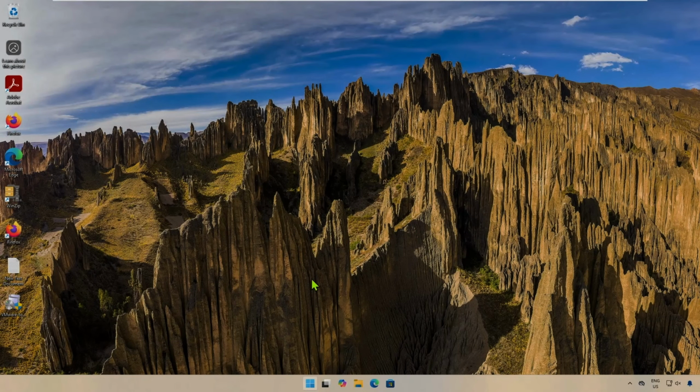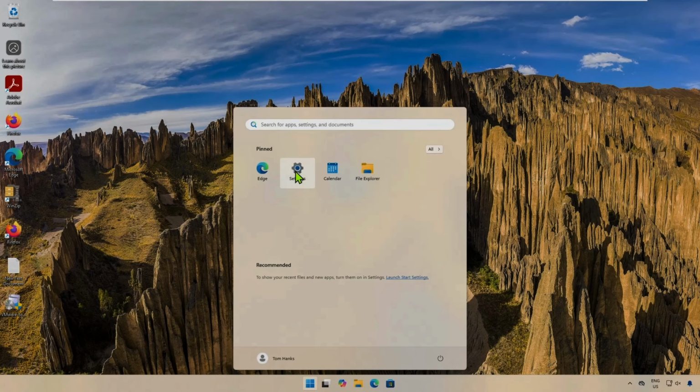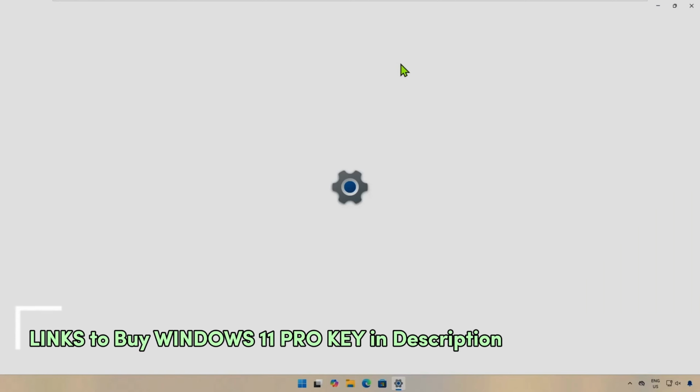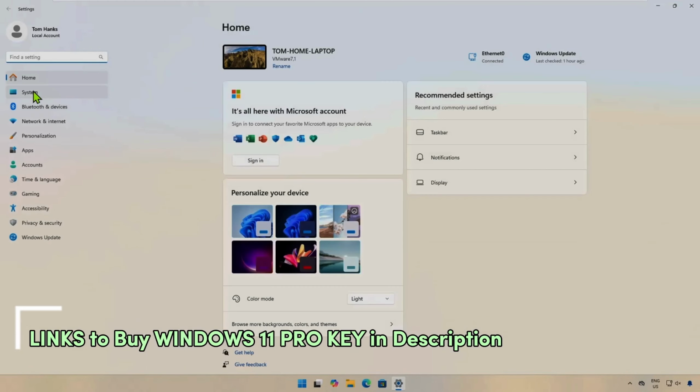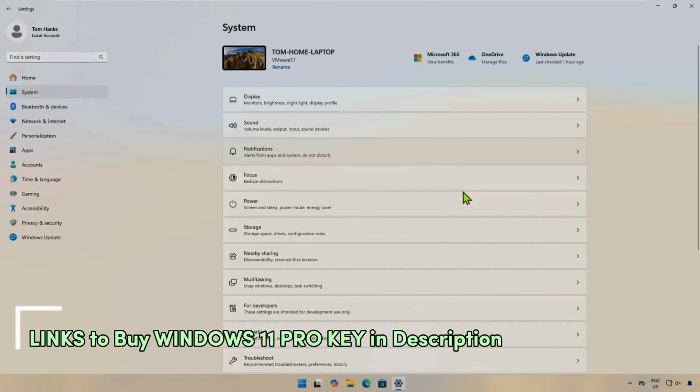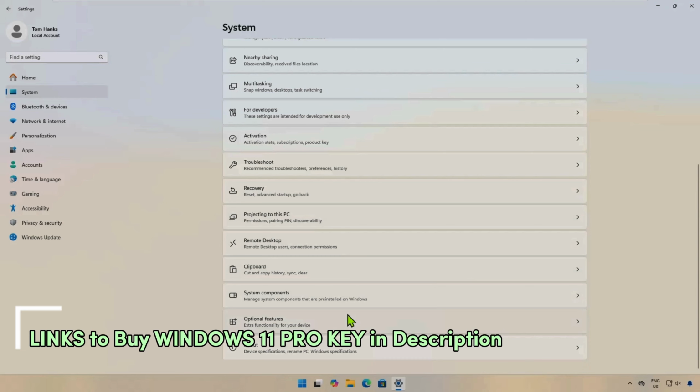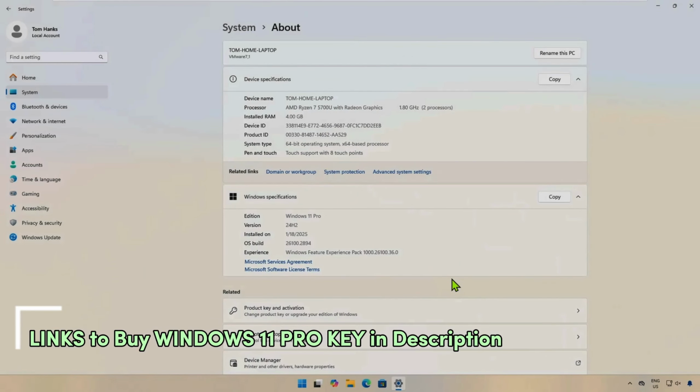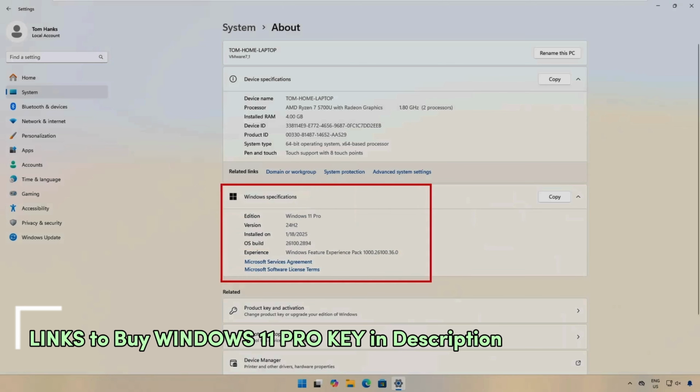And if I want to check if the Windows 11 Home has been upgraded to Windows 11 Professional, I'll click on Start, then go to the System. There is an option here in About. I'll select this option, About. We can see Windows 11 Home has been upgraded to Windows 11 Professional, and we have Windows 11 Professional